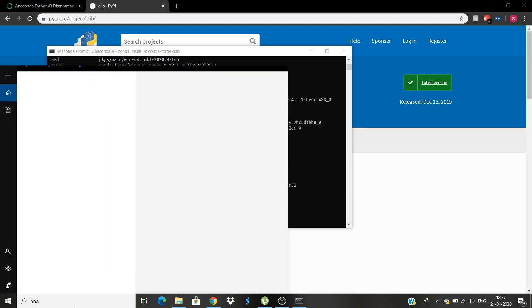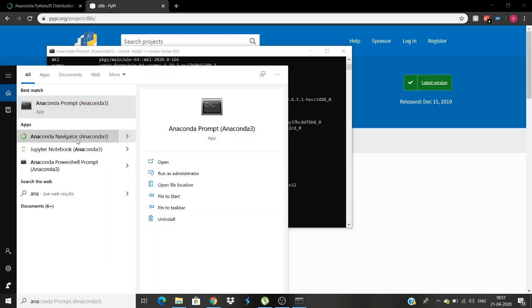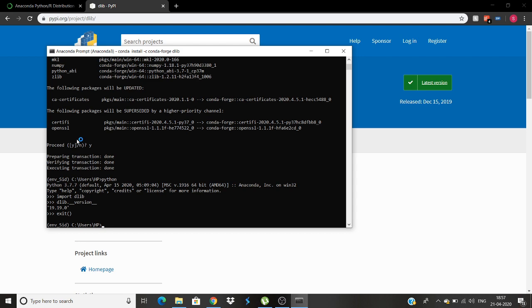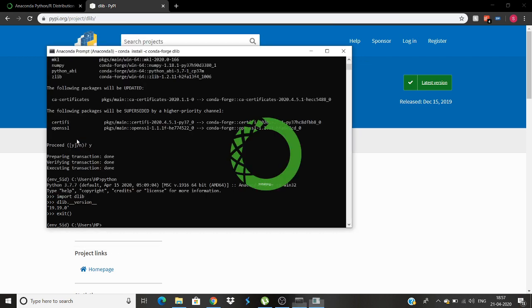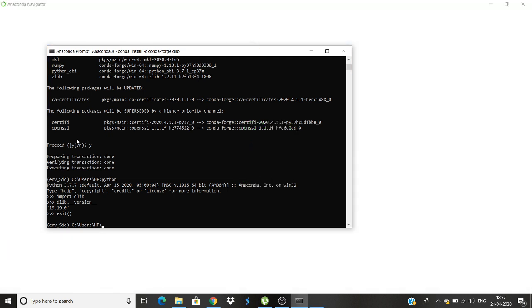Now to actually access this, we'll go to Anaconda Navigator, and in the Anaconda Navigator we will have to select the environment that is created by us. It is loading the applications. I'll also go through deleting the environment if possible.